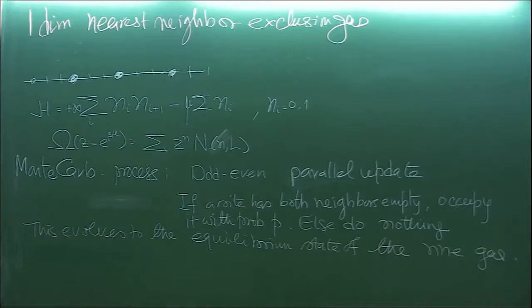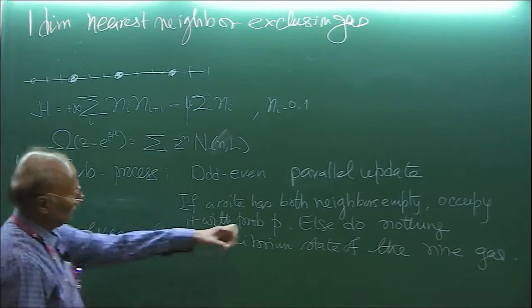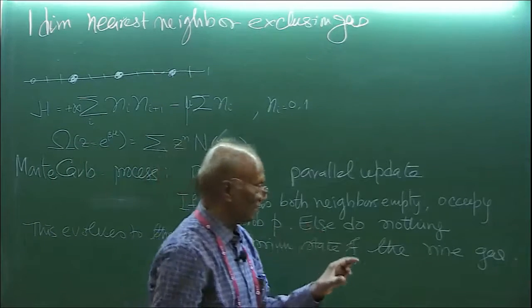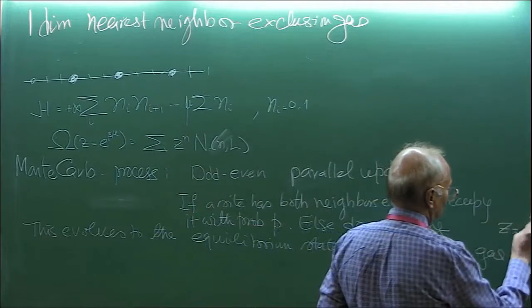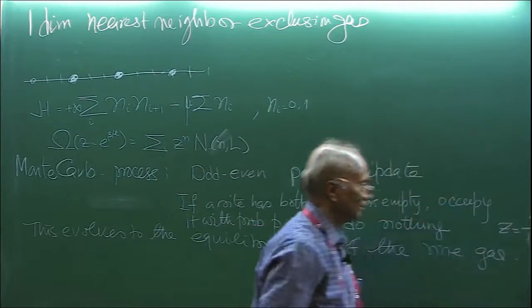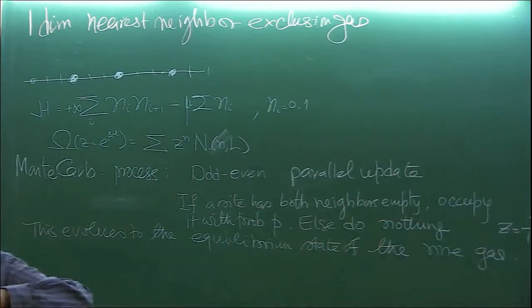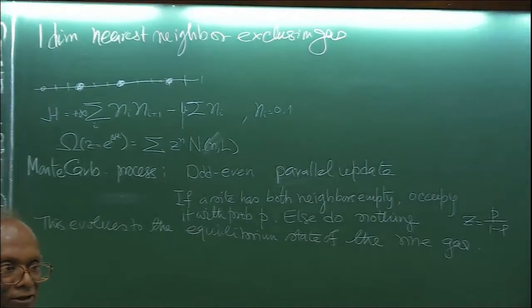Okay, proof. Well, firstly, if you hold the neighbors fixed, then it occurs with z equal to p over 1 minus p. So the probability that it is occupied versus unoccupied is in the ratio z, which is what we want in